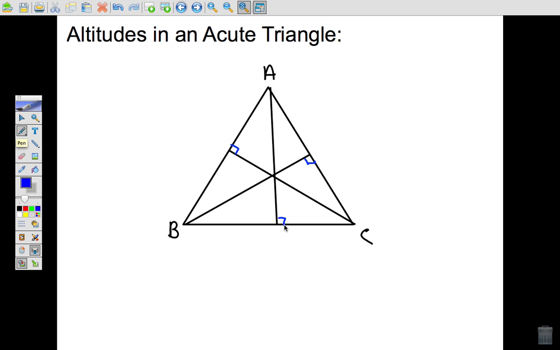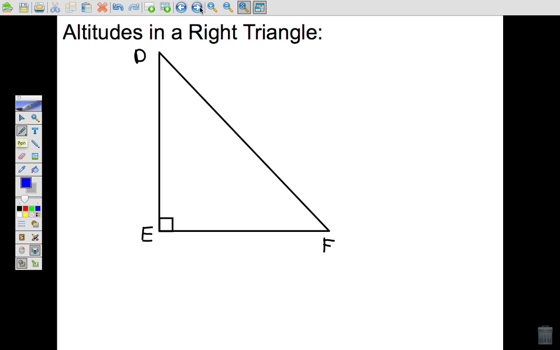All right? So notice that these three altitudes are all inside the triangle. There's nothing outside the triangle. Now, is that the case for a right triangle? Well, let's see. For a right triangle, let's